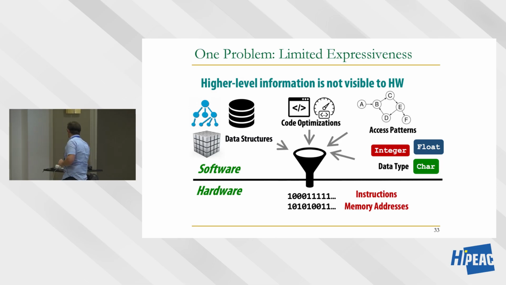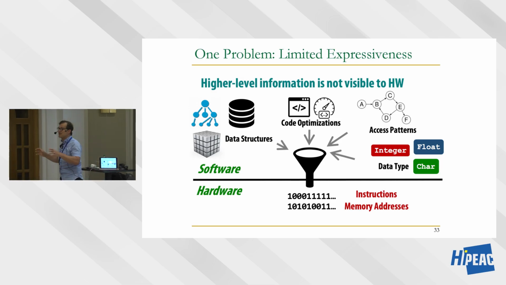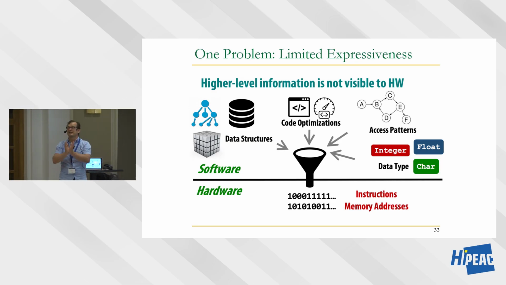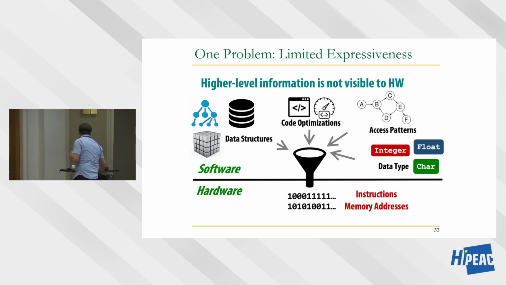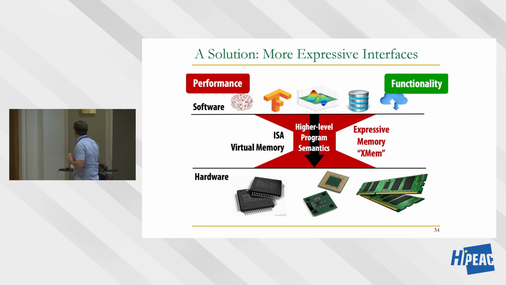But we have a software-hardware interface, especially in general purpose systems today, that's really a funnel that puts everything as instructions and memory addresses, and instructions may not be very capable. So the idea here is to have a much more expressive interface that cuts across the stack. You have many different things at the higher levels, data structures for example, and include annotations with different parts of memory regions, such that we can provide higher level program semantics into the underlying hardware. A general version of this is expressive memory.